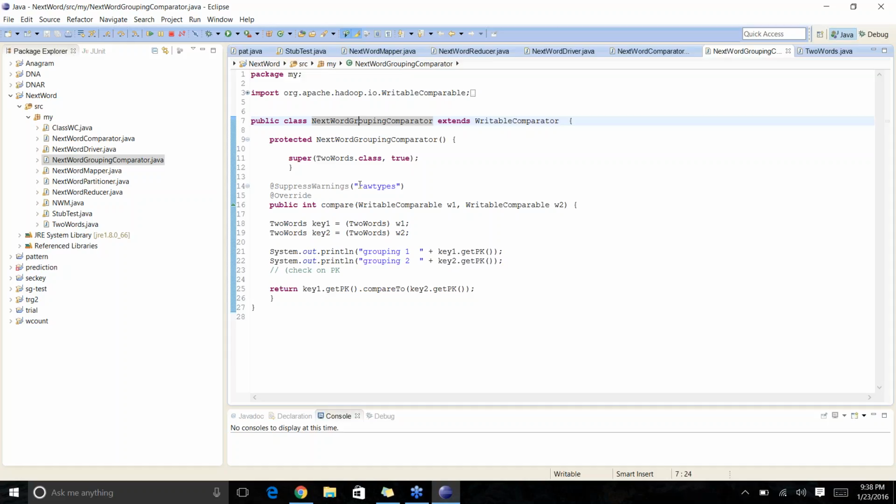Now in here also you can define your comparison. The most important part to notice is that here we are only comparing the primary keys. We are not comparing the second word. Why? Because we want to group the data only based on the first key, or first word. Therefore, we're comparing only on the primary key. But if you go into the sorting comparator, the second one,